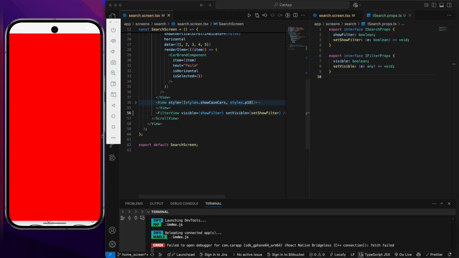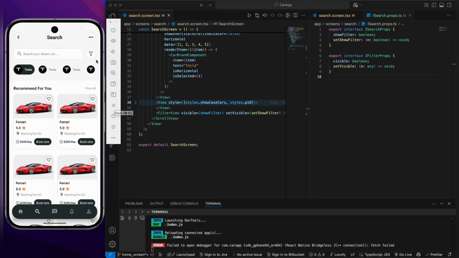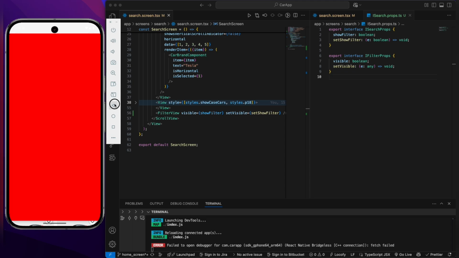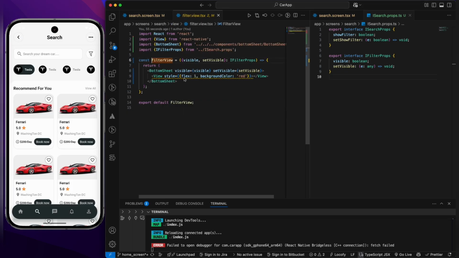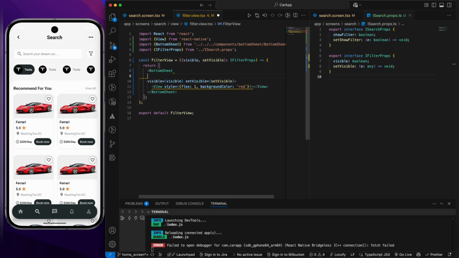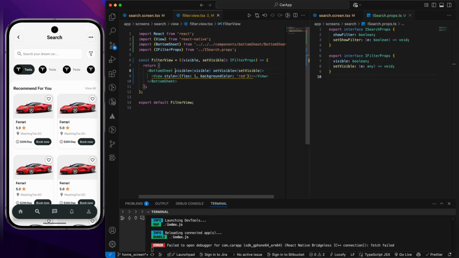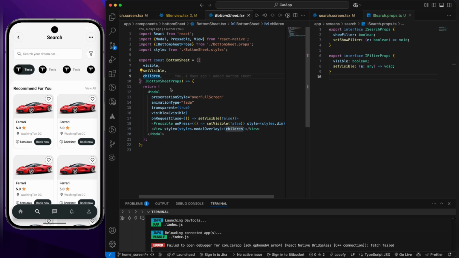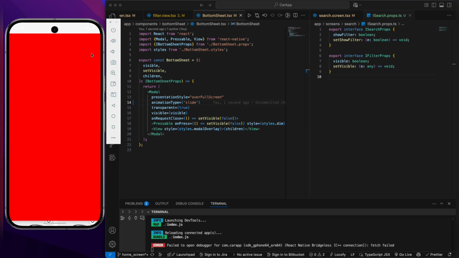So we do not have an option to go back, but the moment I press this, it should go back like this. I press on this and go back, I press on this and go back. And there is also one thing, bottom sheet also takes, I think, one prop. I think it does not take that, but it should take, and that was the animation type. So if I just give the animation type, which is, let's say, slide, see how it comes like this,